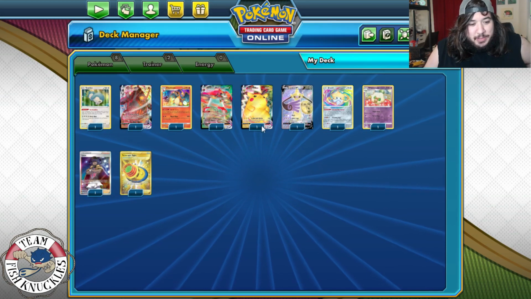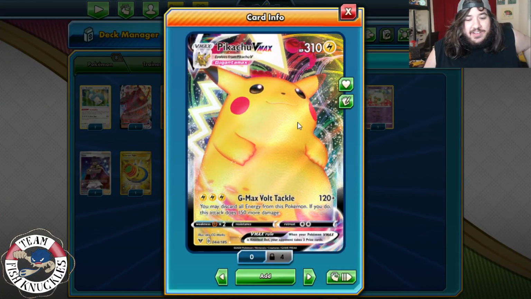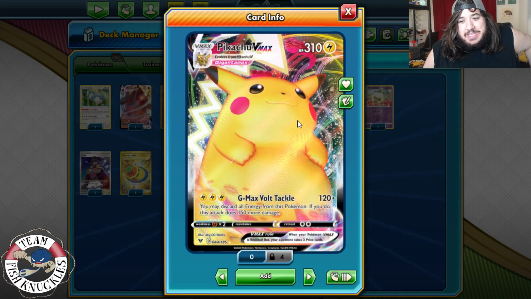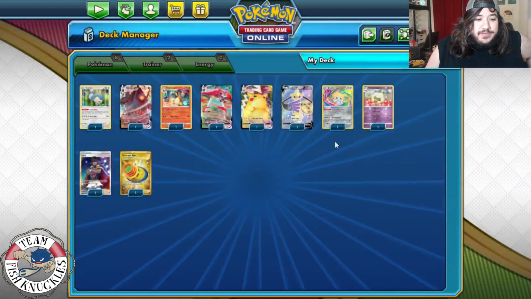Yeah, that's what Pikachu is. It's just really good. I think it's underrated right now, and we'll definitely see more decks play it, especially in expanded. It's dirty. Pikachu's dirty. Anyways, next up,